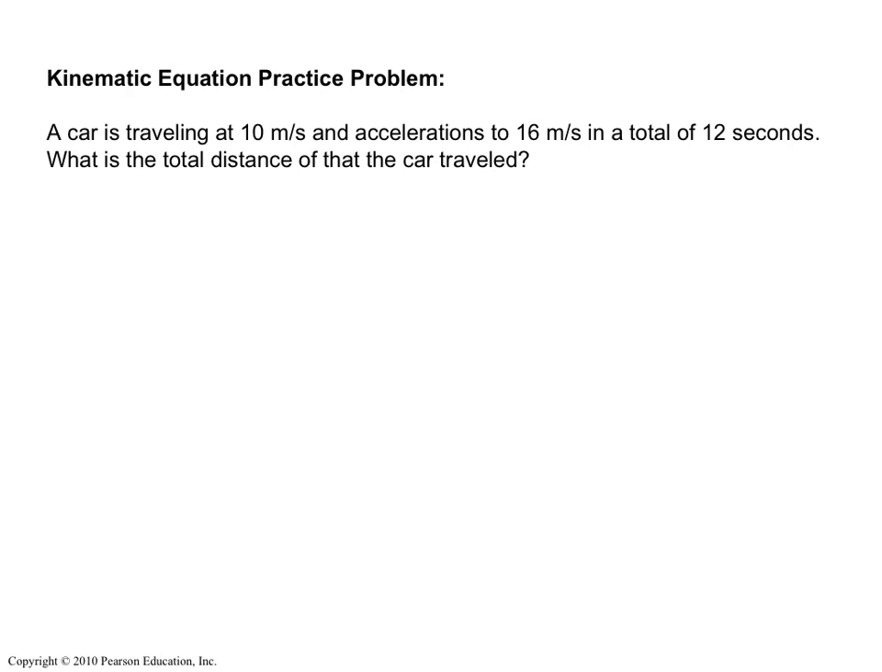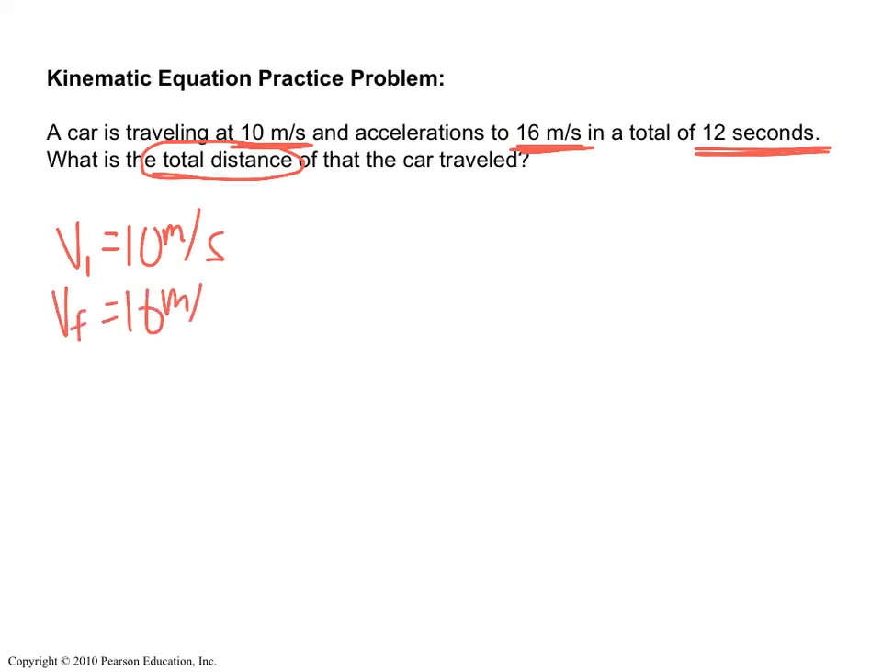All right, so let's talk about how we'd set up one of these problems. A car is traveling at 10 meters per second and accelerates to 16 meters per second in a total of 12 seconds. What is the total distance the car is traveling? So let's write down the things that we know. Our initial velocity is 10 meters per second, and our final velocity is 16 meters per second over a time of 12 seconds, okay? We're looking for delta X,